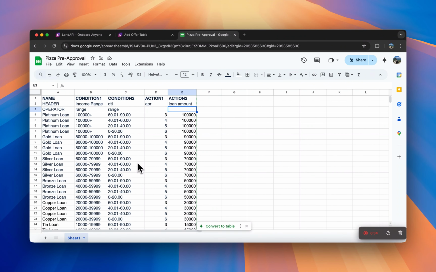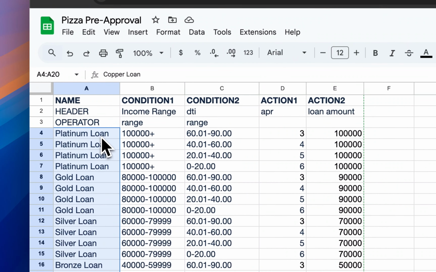So in here, you'll notice that I am utilizing a general Excel format, and I have here what we call our operator. These are going to be the anchors for your offer, and I've just listed a set of loan types based on some parameters we've set,